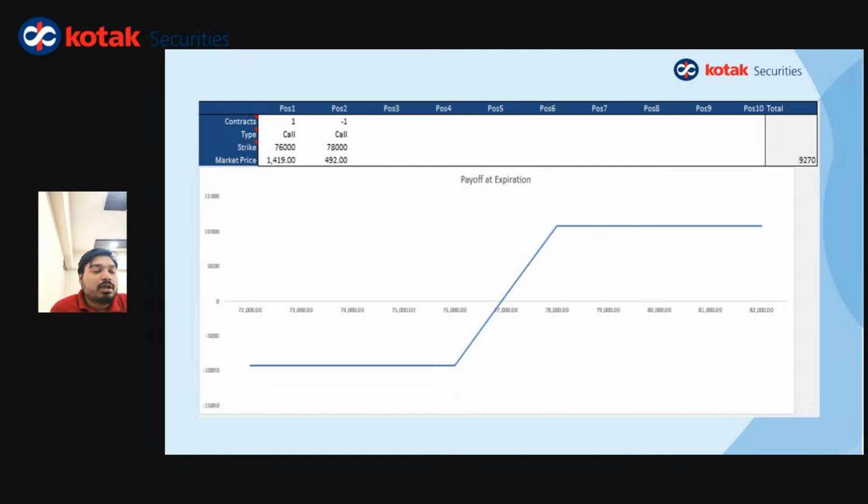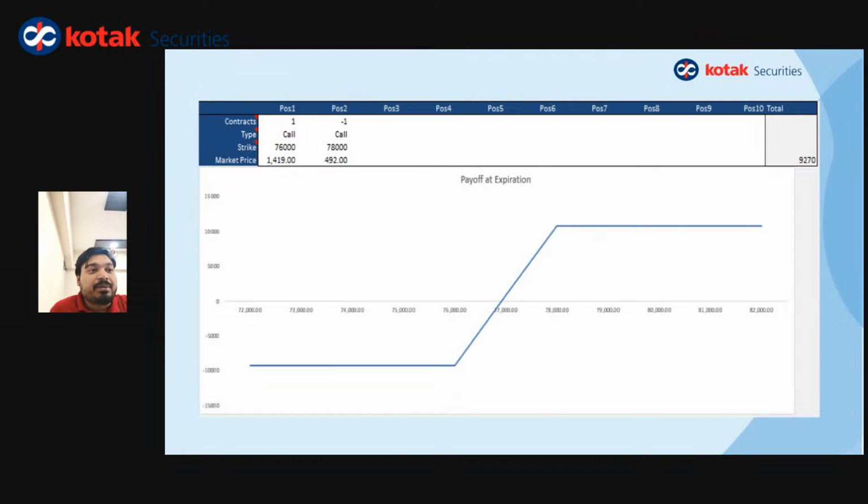So what I have done is I have taken a buy position, one lot at 1419, and I have sold short one lot of the 78,000 call option at 492. As I mentioned earlier, the net premium concept: if you see it, it is around 9270, the total